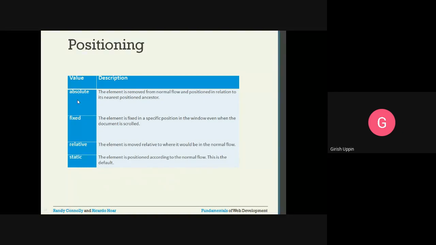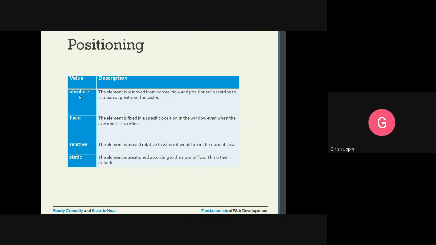If you set the value of the position property as absolute, the element is removed from the normal flow and positioned in relation to its nearest positioned ancestor. So if you specify the position as absolute, then it will be removed from the normal flow. Whatever the normal flow you just saw, it will not be displayed like that.